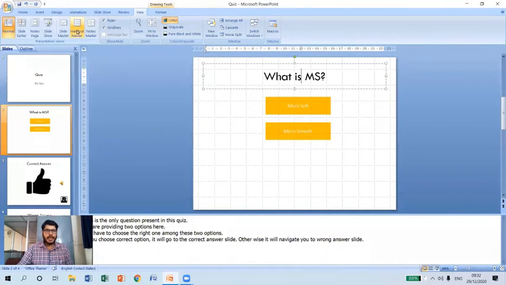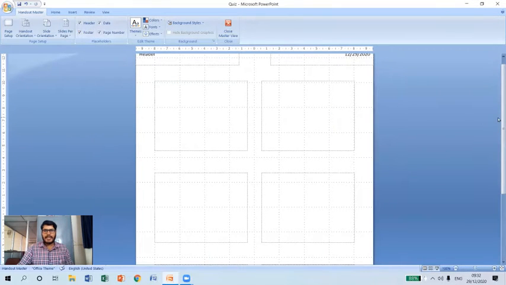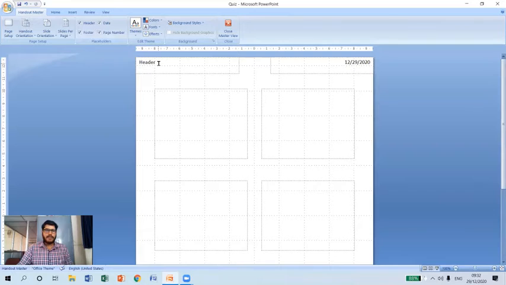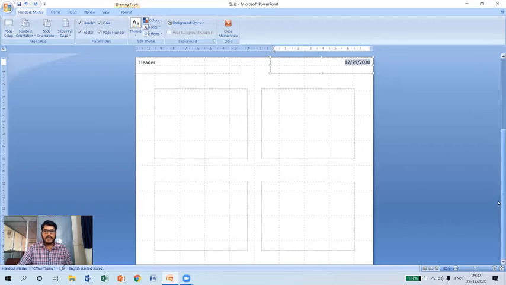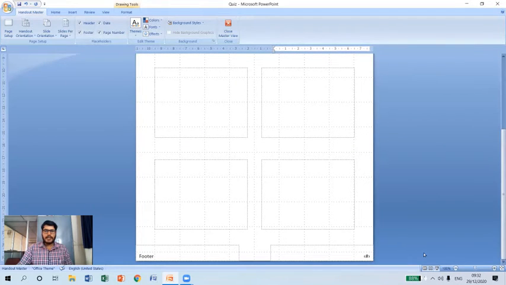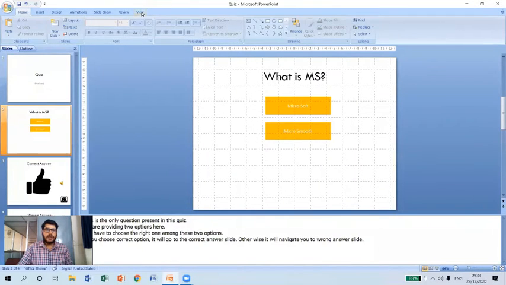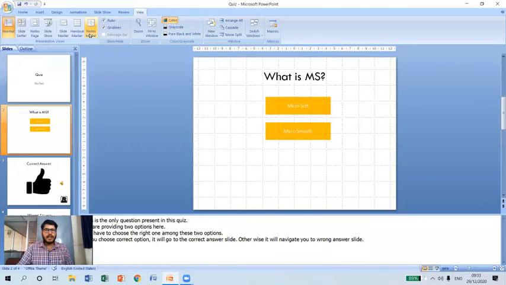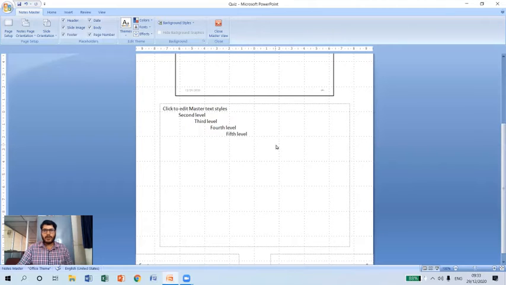So similarly, we can go through the handout master to make necessary changes for handout master. We can set the header portion here, and also we can set the date. And similarly, at the bottom portion, we can adjust the footer notes here, and also we can set the page numbers here. Okay, so this is all about handout master. So similarly, we can close this master view, and also we can go through notes master so that we can quickly edit the notes here. Okay.